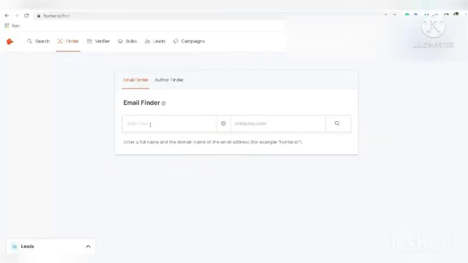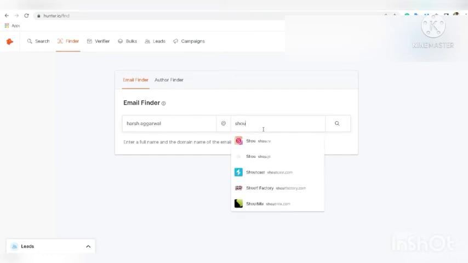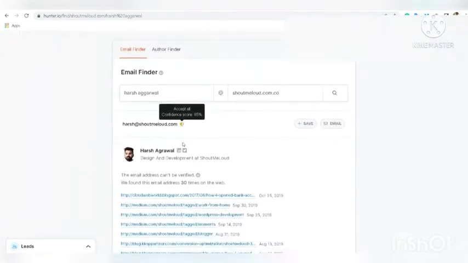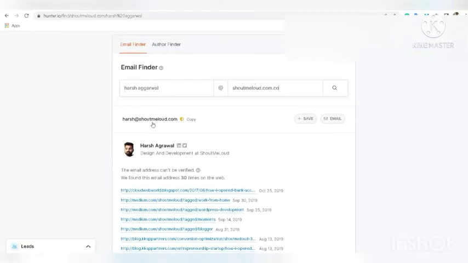To use this search method, you have to type the full name of the person and the company name or domain name. For example, I'm typing here Harsh Agarwal and the website name is shoutmeloud.com. As you can see, we have one email address with this domain, and this email address is not verified,